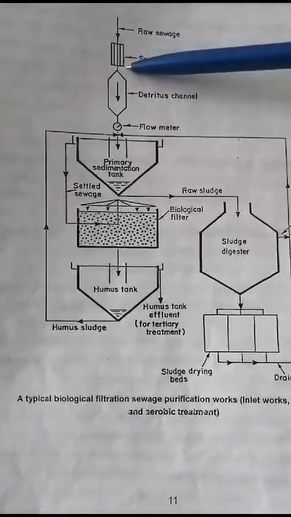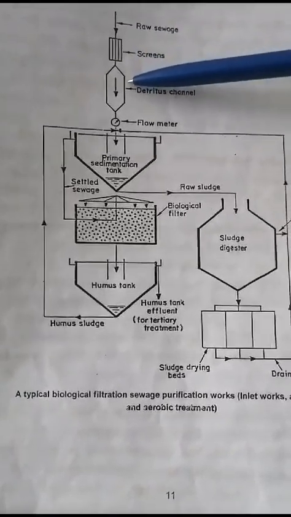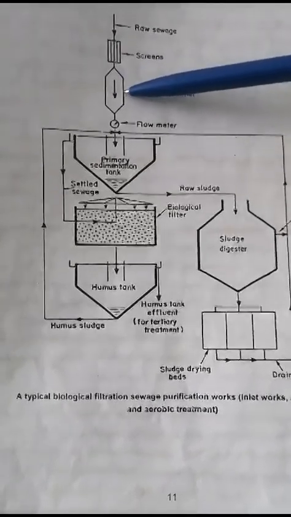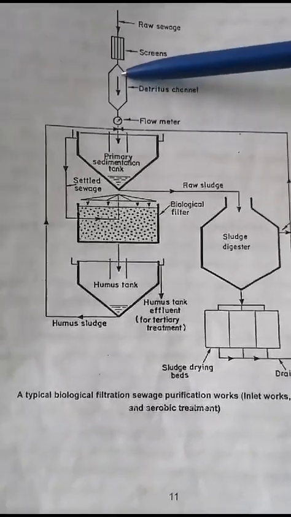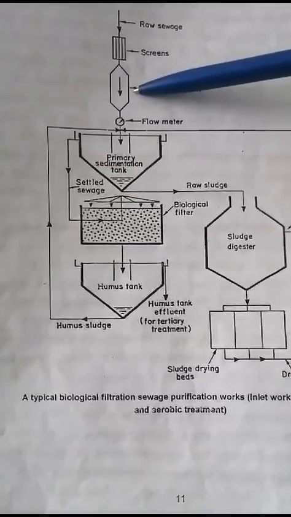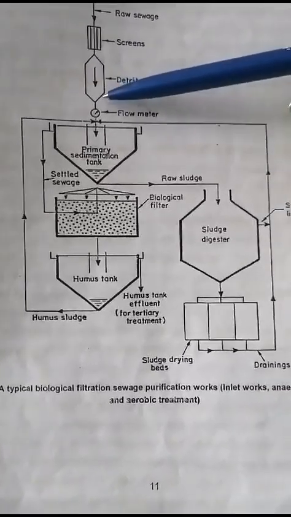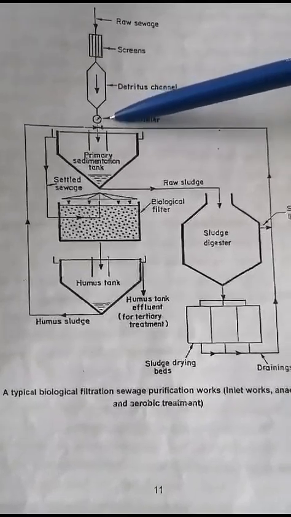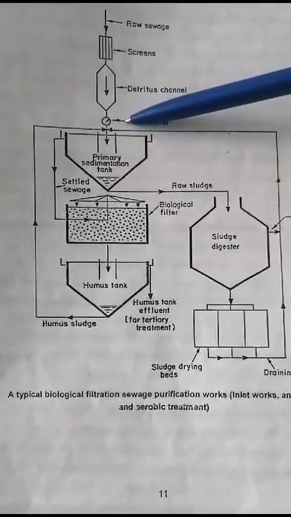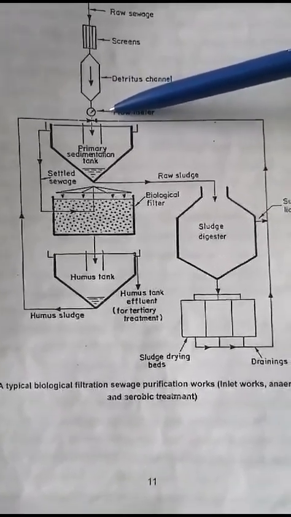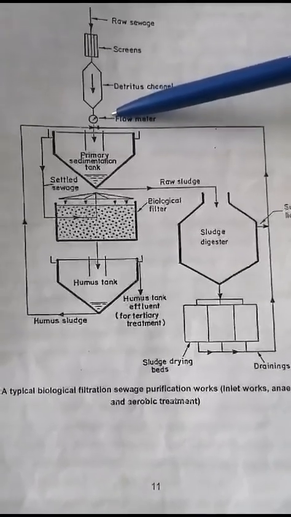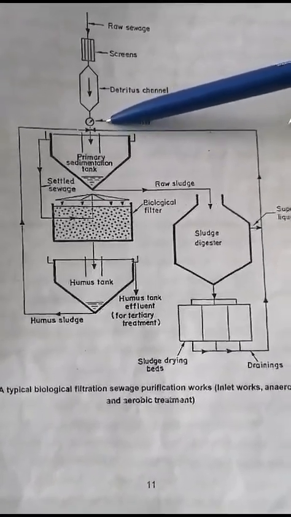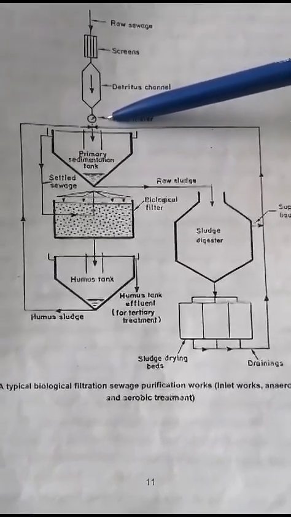And then from the screens, the water goes into the detritus channel or the degrading channel, where the grit, the sand, the stones, and the glasses are being removed here. From here, the water goes into the flow meter. In the flow meter, what happens is we measure the amount of water that goes into the plant. This helps us to determine the dosage or the amount of chemicals that we should use to dose